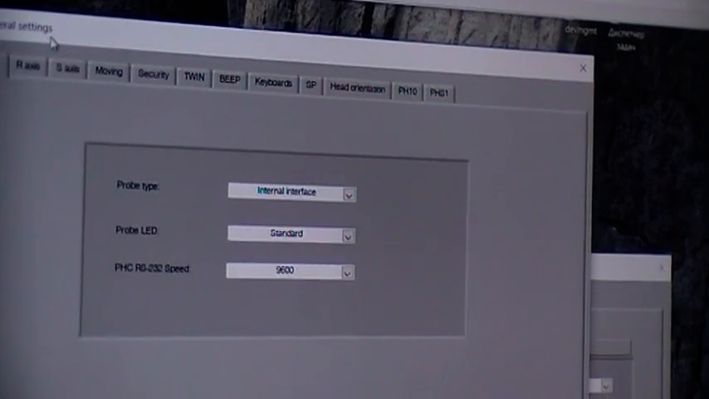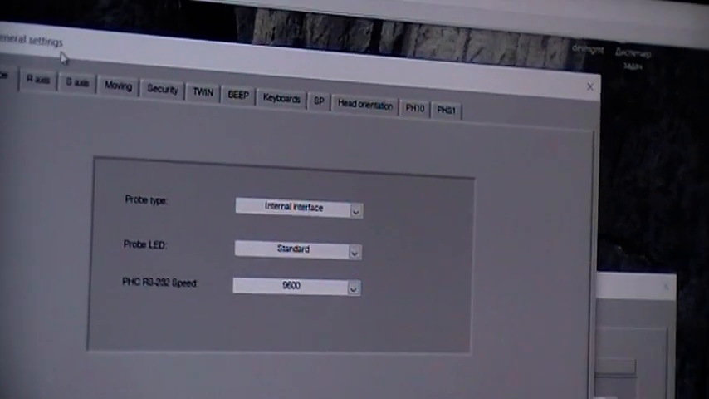I want to speak about the different probe configurations, especially because you have seen